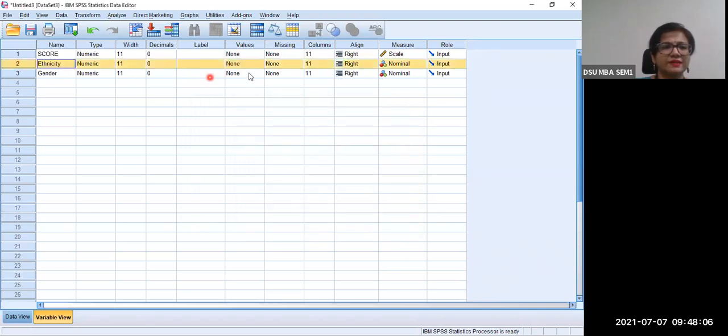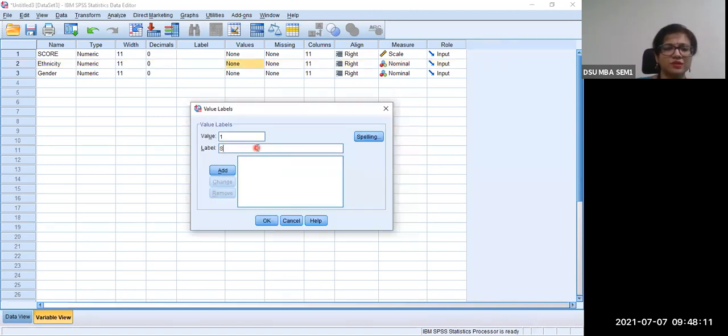Here, ethnicity. It has to go under the values of ethnicity. So 1 I mentioned was Spanish. I add that. Any code you will give. It could be 8, 9, 10, whatever. But most of the time we will use 1, or starting with 0 like you saw, right? Yes or no. Second category of ethnicity, we said Asian. Add. Third category, say we are saying is others. We put 3 others, add.